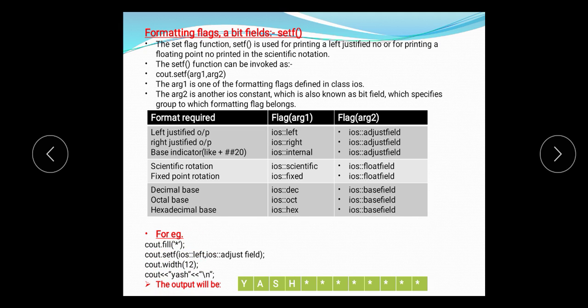So Yash is displayed in 12 total columns, and only 4 columns are used by Yash. The remaining are filled with the star. As you can see, the output is left justified. By default, when you set the width and display your output, it is right justified, but now I am setting the flag as left justified. That's why the output is displayed left justified and the remaining are filled with the star character.